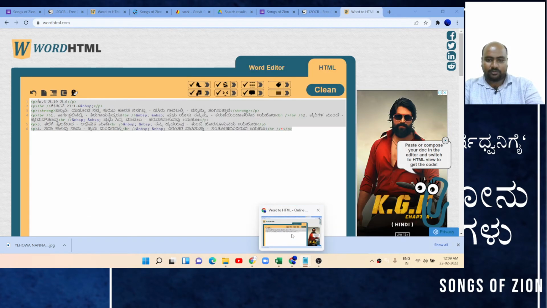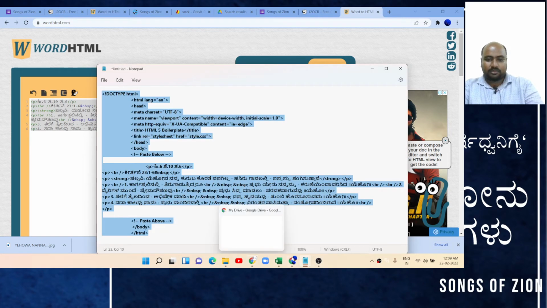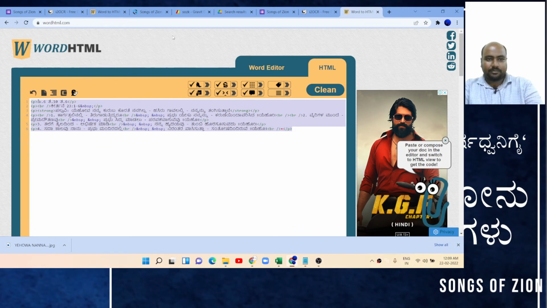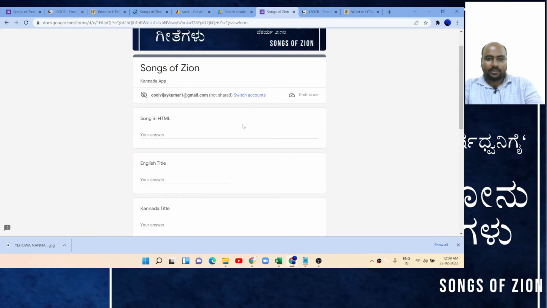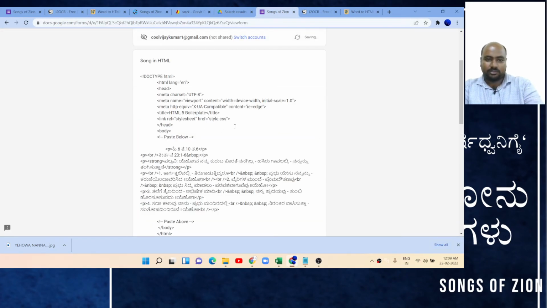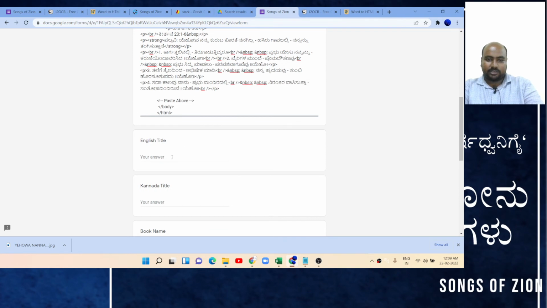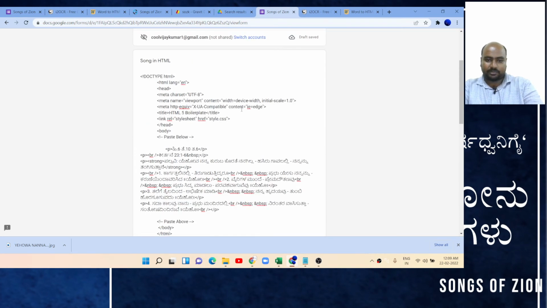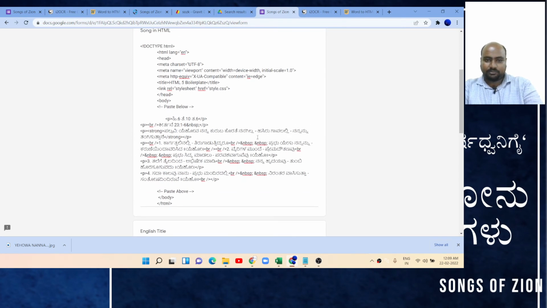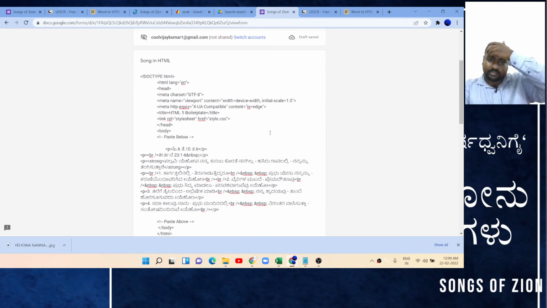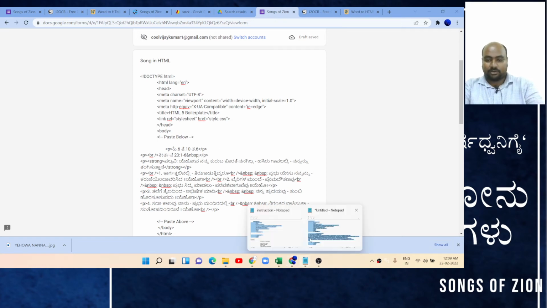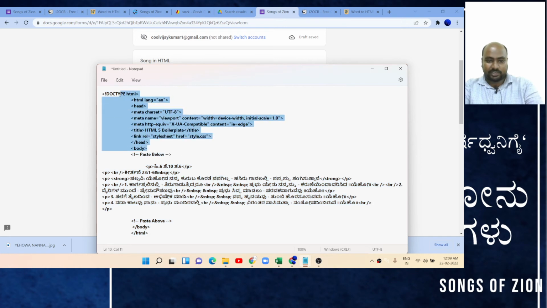Now go back to the form. So this is the first thing that we have to do. Insert HTML and song title. Just insert it as it is, just copy from there and insert it. You can format here, but don't touch anything here. Just copy and paste it here and leave it, and then go to the next tabs. And also here, don't touch anything. It is very important not to touch anything.